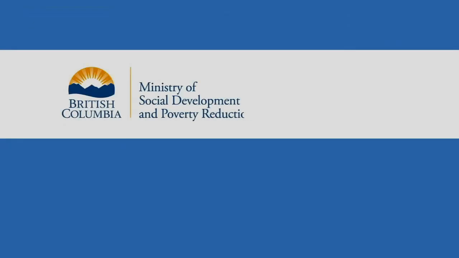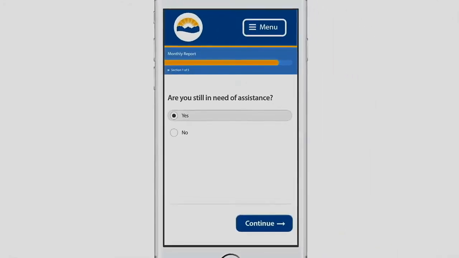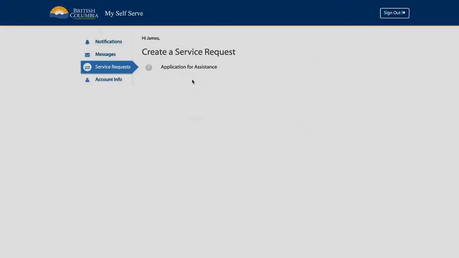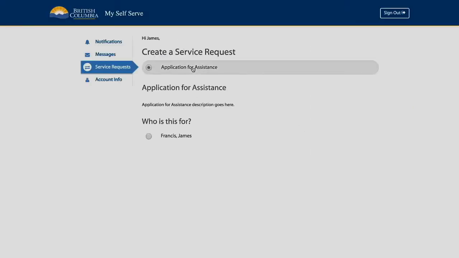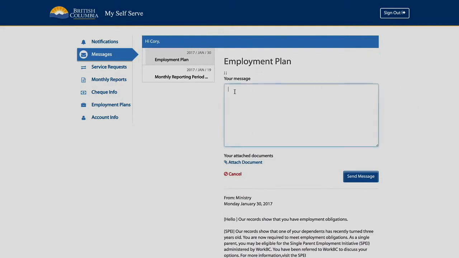With a MySelfServe account, many of the things you would do in a ministry office, you can do from a computer or mobile device quickly and conveniently. You can apply for income or disability assistance, communicate with the ministry by receiving and replying to messages about your case,